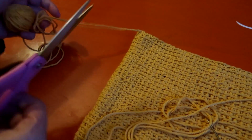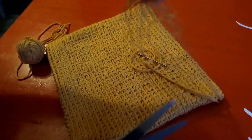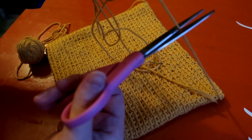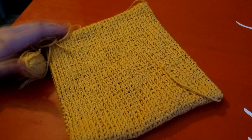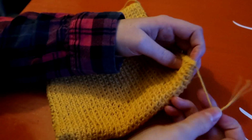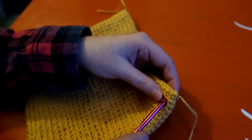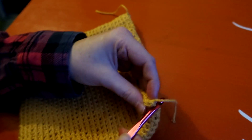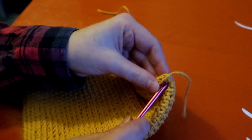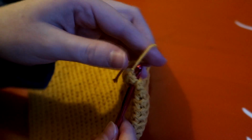We have this string over here still connected to our ball of yarn, and just simply snip that. And this one over here still connected to our needle, and just snip that. Whoops. There we go. Alright, so put those aside. And now we have these. For these, you will have to bring your hook back out, and what you'll need to do is take your hook and squeeze it through some of this, so it's straight through there, near the yarn too,